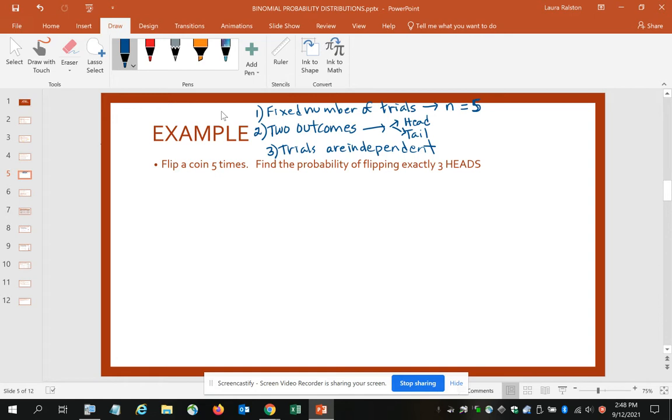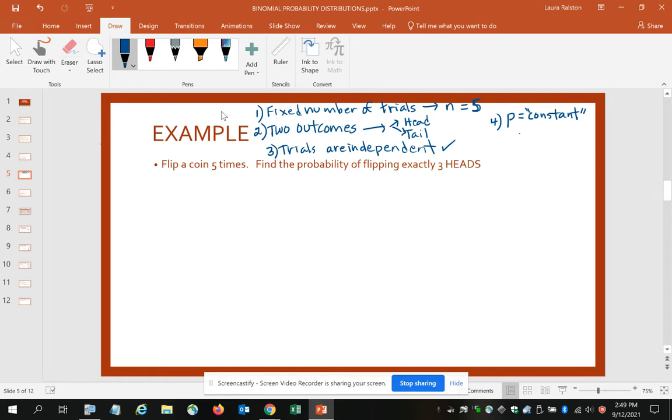And what I'm going to think about there is, does it matter whether I get a head or tail on the first flip? Is that going to affect whether I get a head or tail on the second flip? It doesn't. So the trials are independent, so I do meet that requirement. And the last one is that the probability of success, which is P, is basically constant. So if I'm flipping a coin and I'm flipping the same coin 5 times, then that is going to be